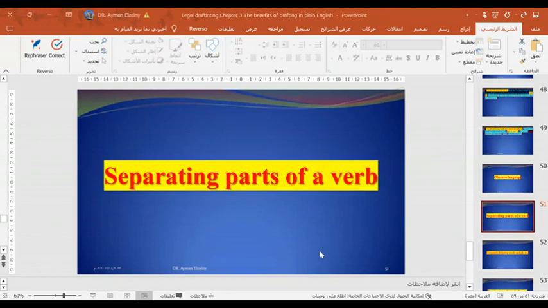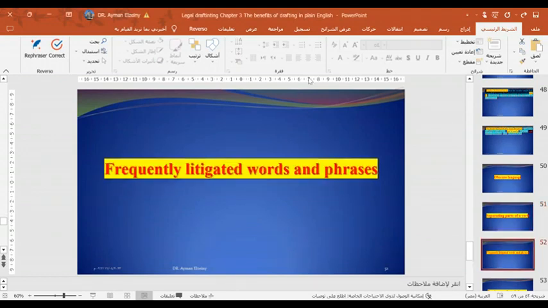فبالتالي كل ما كان النص البراجراف كبير، واحنا برضه هنتكلم في الفقرات والجمل دلوقتي بعد شويه. اوكي، كل ما كانت الجمله الفعليه كبيره ومفرداتها الفوندمنتالز بتاعتها، اسسها، يفصلها كلمات كثيره، كل ده هيؤدي لكونفيوجن وهيؤدي لديسبيوتس بالتبعيه. اوكي، ده بالنسبه للسبيريتنج بارتس اوف ذا verb. نيجي لل frequently litigated word or phrases.